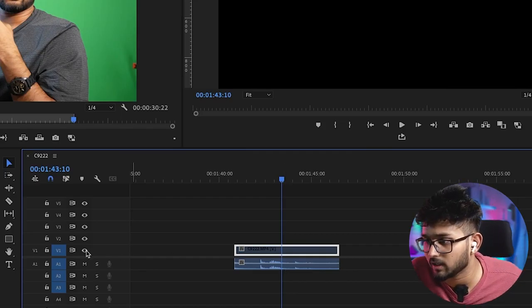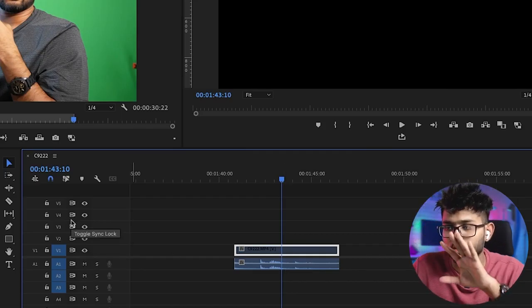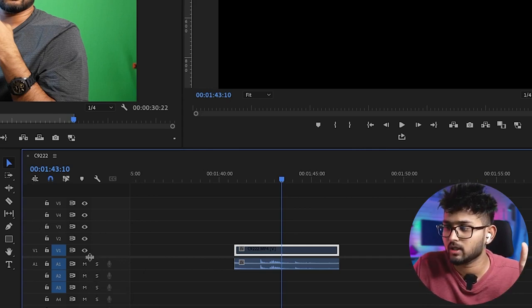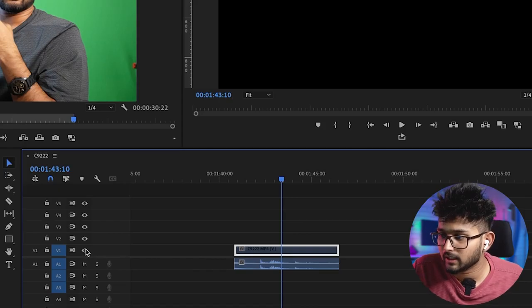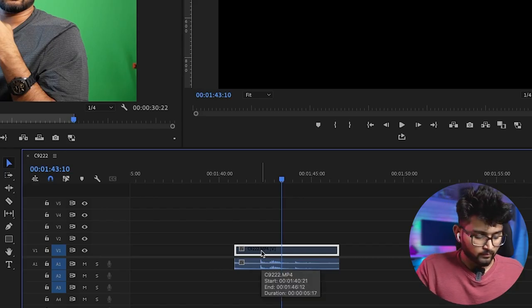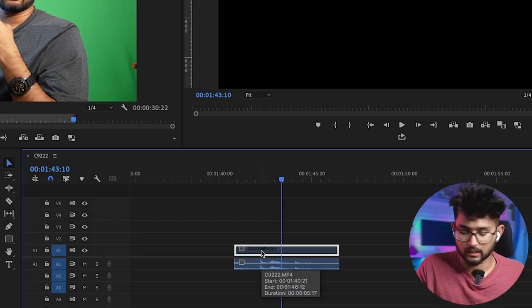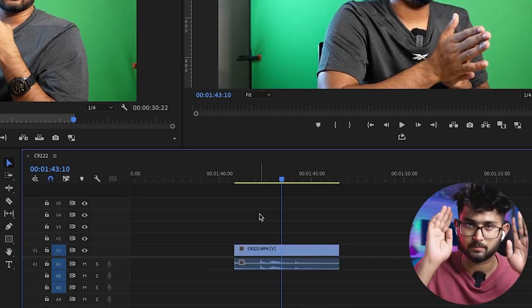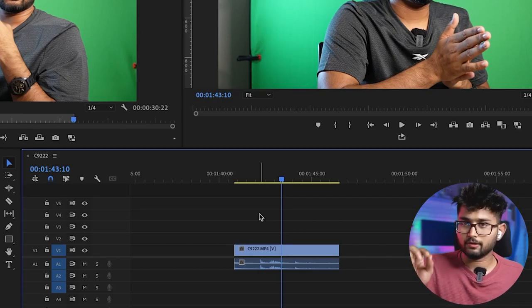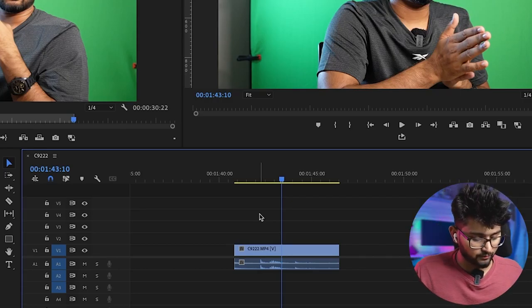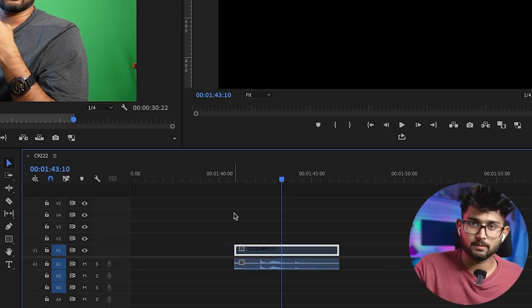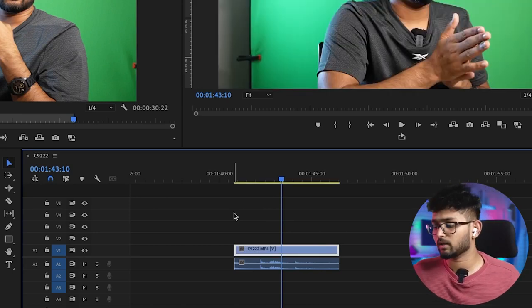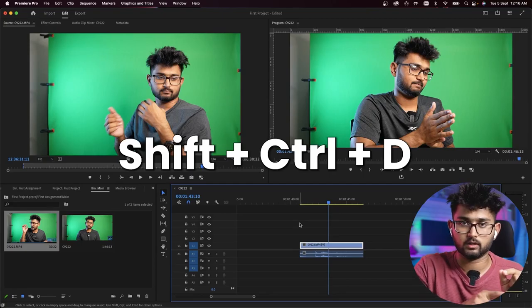So there's a difference between this and toggle track. We'll be talking about this entire section later, as I previously mentioned. But for now, just remember that making the footage invisible and disabling and enabling the footage are not exactly the same, okay, not exactly the same. For now just keep that in mind, okay. Now if you have to enable the footage, you'll have to click on Shift Command and E. Again I'm clicking on Shift Command E, it got disabled. So enable, disable by Shift Command E, okay. Now if you're on Windows, you'll have to click on Shift Control and D, okay, Shift Control and D,